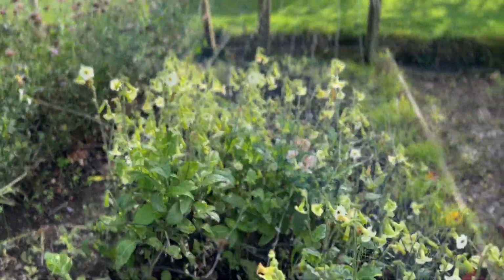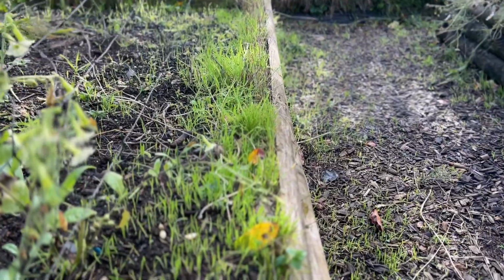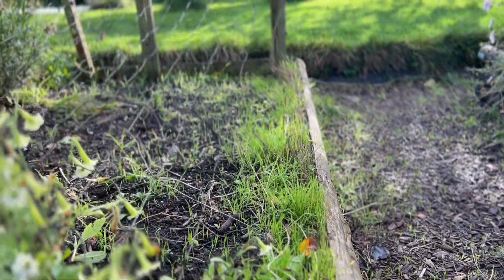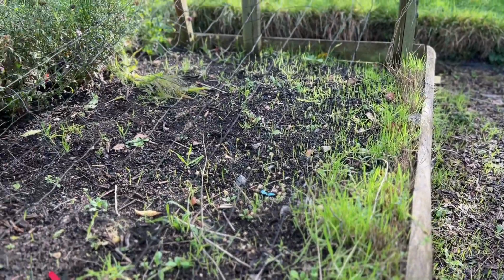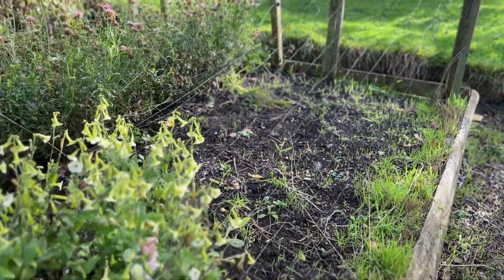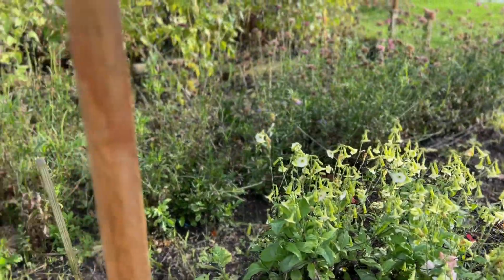And as you can tell, the greater quaking grass, which I normally just have over the borders, needs to be reined in a little bit. It's everywhere. And I've got a few more alliums I need to plant in this bed. So this is usually my allium bed in the spring. So on the other side,